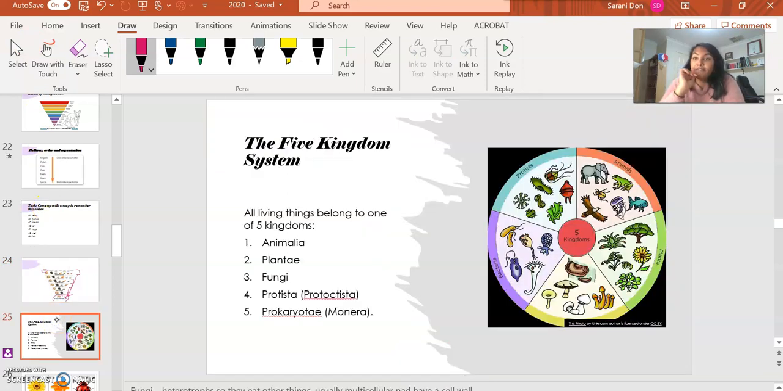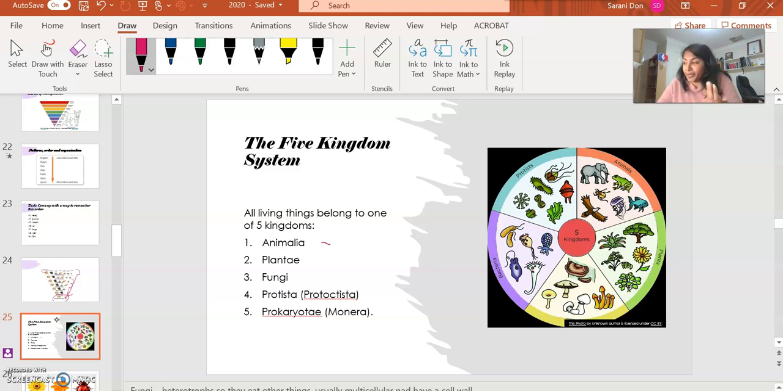There are 5 different kingdoms: Animalia, Plantae, Fungi, Protista, and Prokaryote. As you can see in this wheel here, what each one would consist of. Let me just get some of my notes here. Obviously we know the Animalia one would just consist of animals. The Plantae one would be plants. Fungi would be